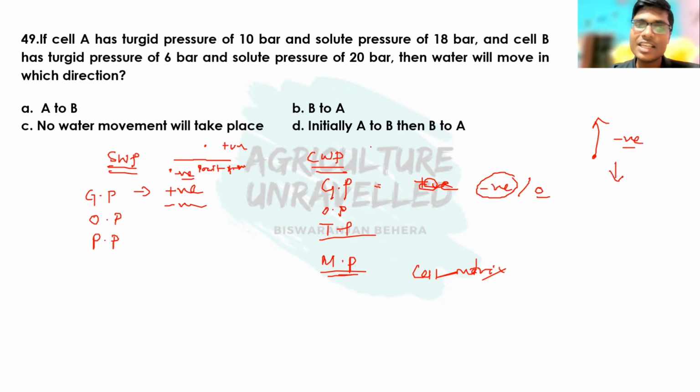Then coming to the next, that is osmotic potential. Osmotic potential is always negative in the case of soil. Also in the case of plants, osmotic potential is always negative. But the counterpart of osmotic potential is osmotic force, and osmotic force is always positive, and in plants also, osmotic force is always positive. Then coming to the next, that is pressure potential.